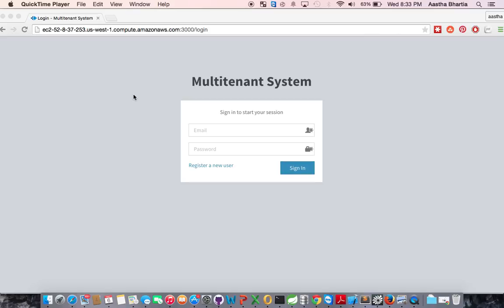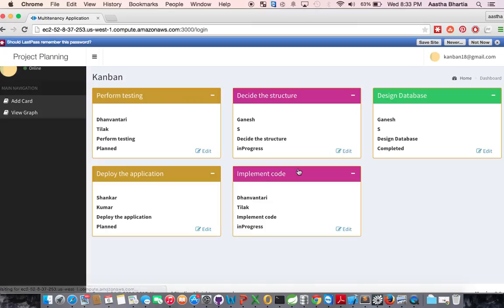Hi, my name is Astha and I will be talking about the rest of Kanban following my teammate Dhanvantari, and after that I'll be talking about Scrum. I'll quickly log in with the same user as she did, kanban18. Once I sign in, I can see the tasks that she created. She has 2 tasks in plan state, 2 in progress and 1